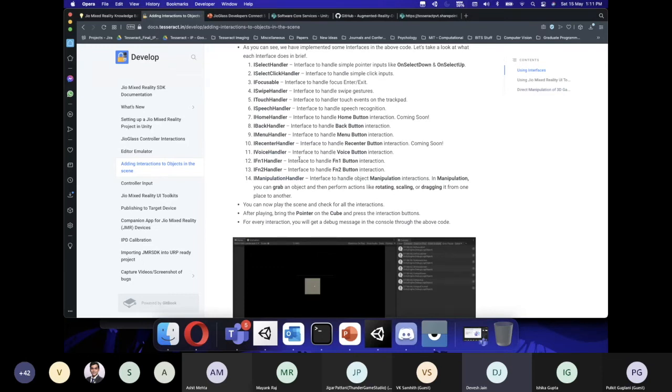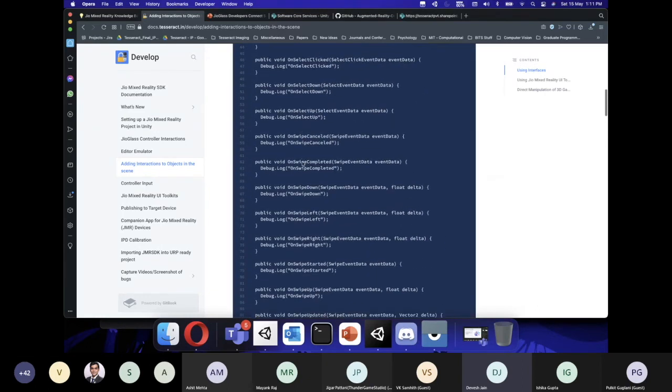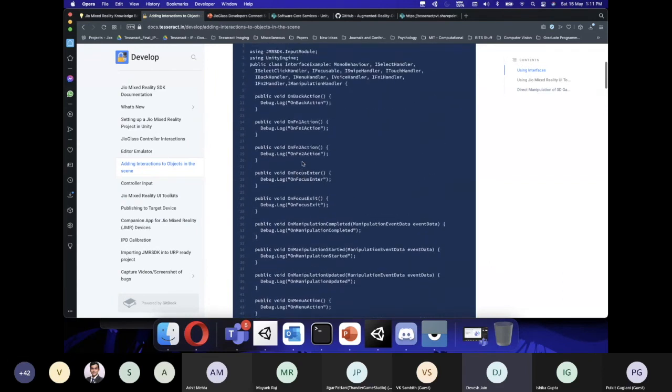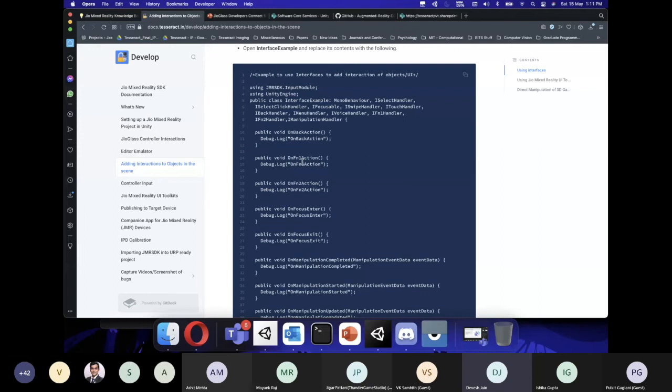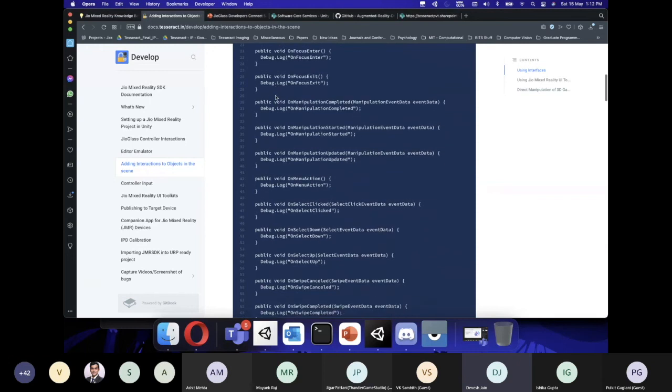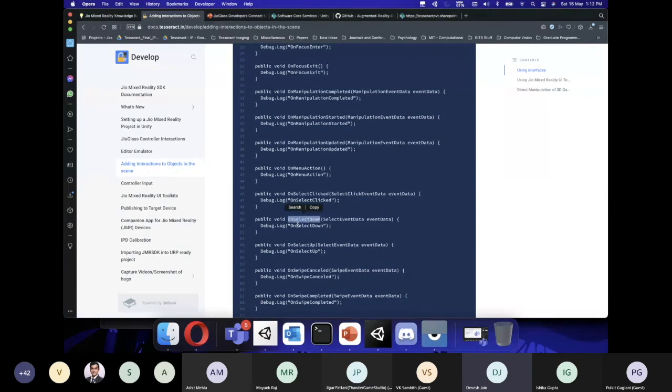The way that you will be able to do that is when you implement this entire script, and you don't have to implement all the parts, but let's take an example of the down action, and I implement that particular interface, which is on select down. What this allows you to do is that when I'm pointing at the elephant, in the script which is attached onto the elephant object, I can write here play elephant sound, and for the cat example, I will put here play cat sound.